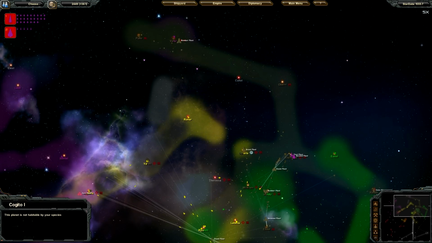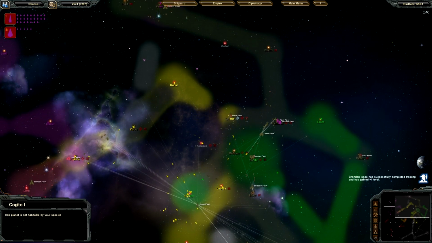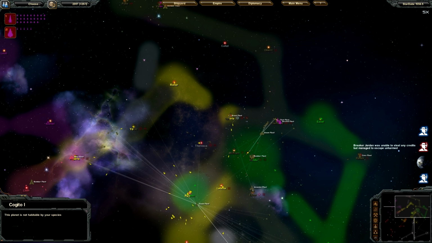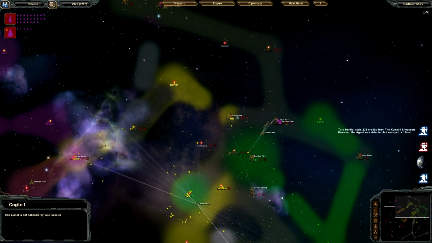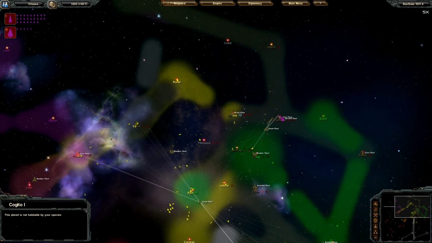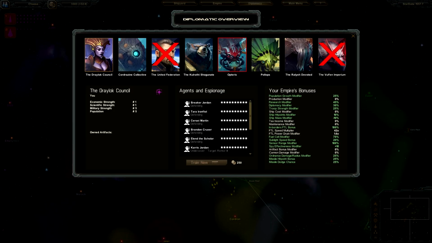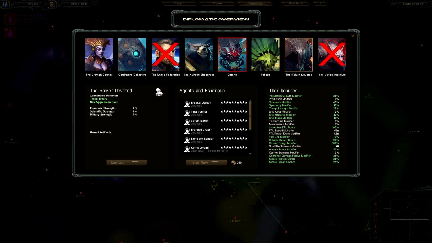And as I said, there's kind of like virtual turns here. Alright, so my spy successfully completed training. He's gone up 1 level. I wasn't able to steal any, but here we go. This is exactly what I was talking about. Stole 225 credits. So that's one way you can kind of get yourself an advantage. But at the same time, espionage can strain relationships big time. You'll see here that if...